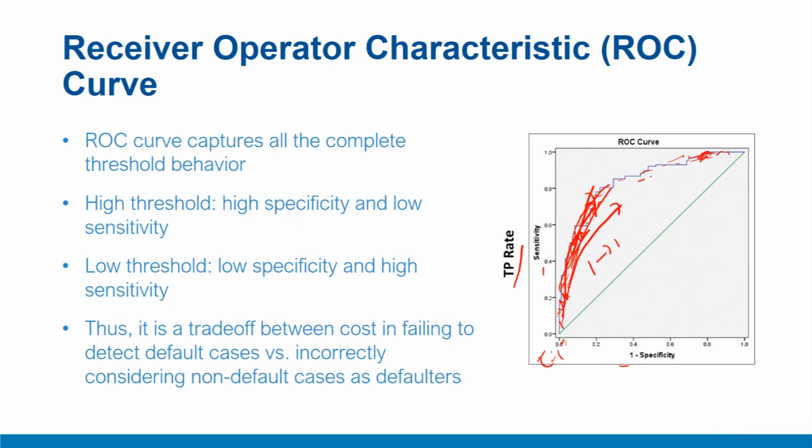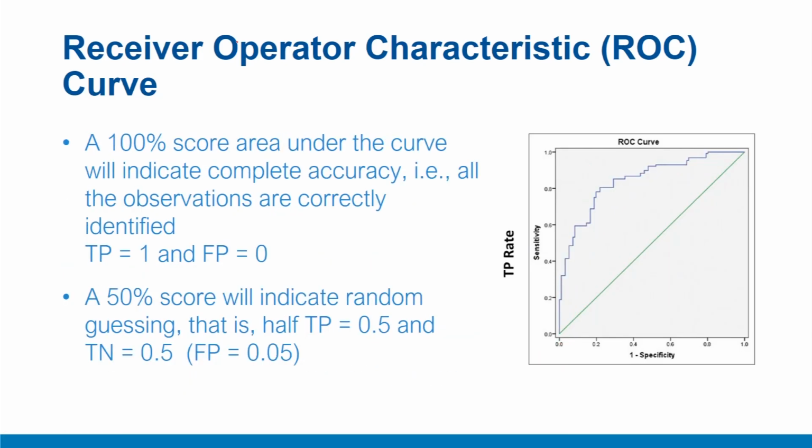At the same time, as I move in this region, please notice my gain in sensitivity is very small because now the curve has become flatter, but my loss in specificity is very, very high. So I would rather be somewhere here. This may be one of the optimum points, but again it is subjective, depends on the individual objectives of the entity which is doing the modeling. Still it seems to be a good place to be here because we have a lot of gain in sensitivity and the loss in specificity is very small.